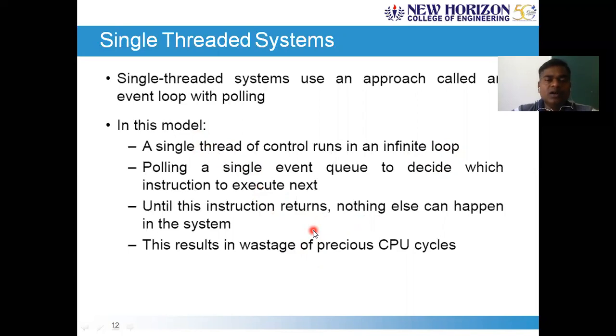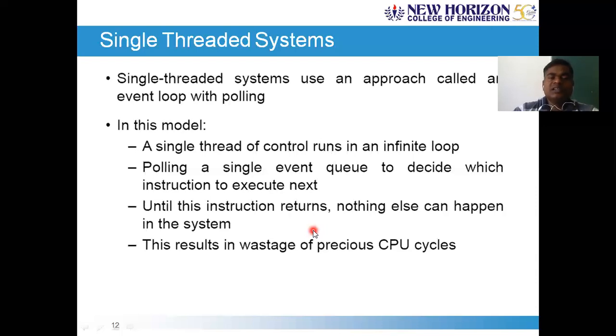If there is only one thread of control for booking a ticket on the IRCTC website, so user one requests for booking a ticket, and if the booking happens immediately, things are fine. But if there is a delay in the payment process or any transaction failure, that thread will become idle until the remaining process completes. The entire system will get blocked, and the second user cannot book the ticket unless the first user completes. So this is what we call polling.